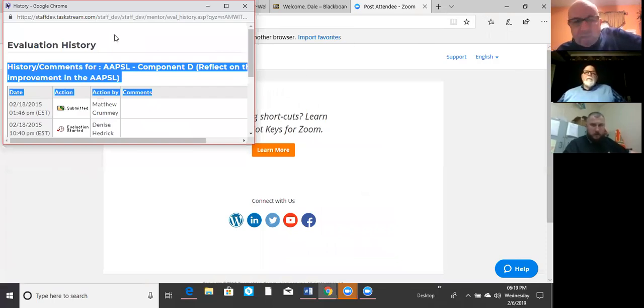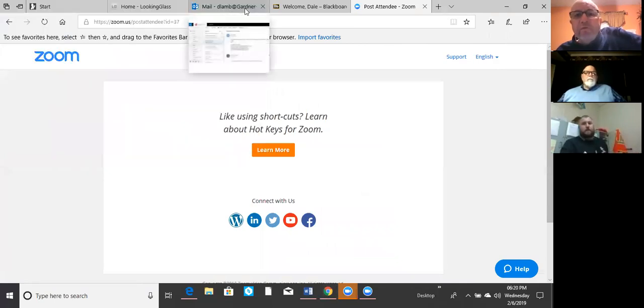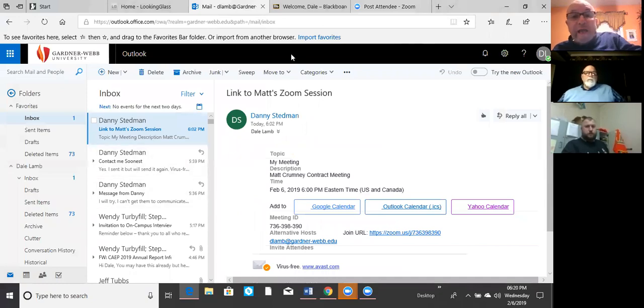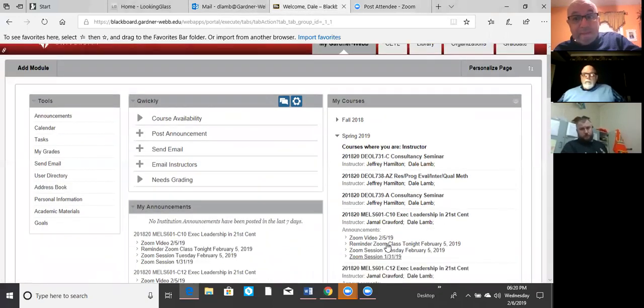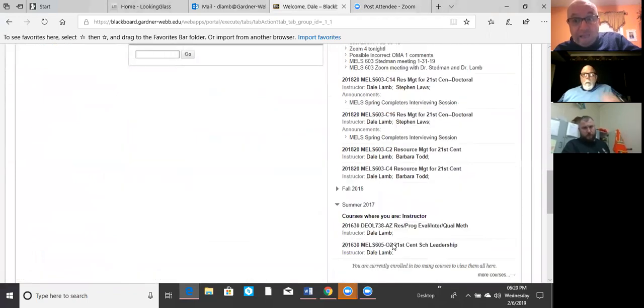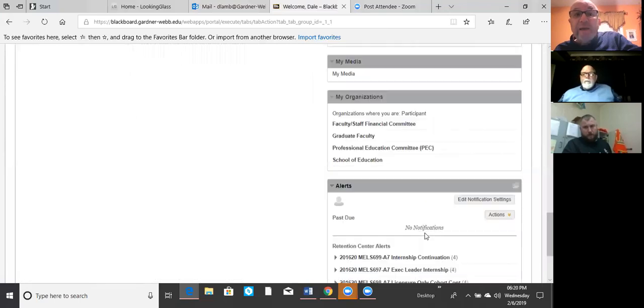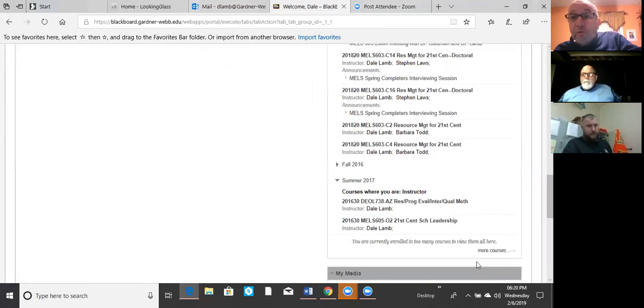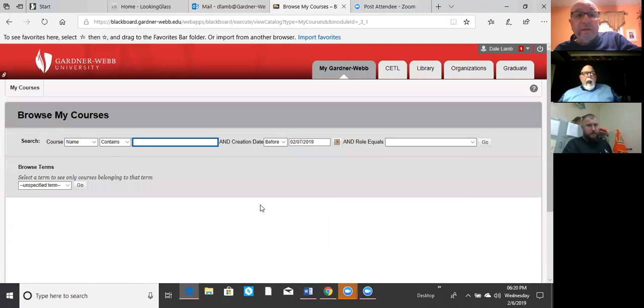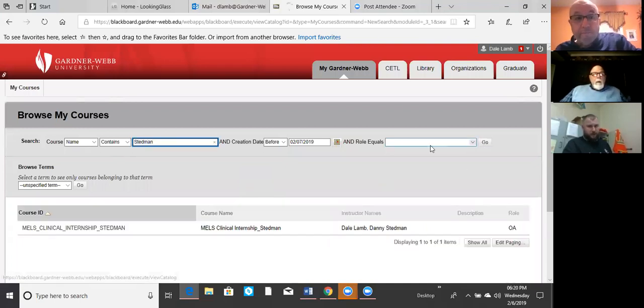I need to see everything that you've got, so I can figure out where to put it. Now, Dr. Lamb has done an excellent job mapping this thing out for you. You are blessed to have that document. And it is a lot, and it looks like a lot, but I think once you start at the very top and work your way down, you're going to find it. He's done you a favor by doing what he did. I appreciate that. I mean, all you have to do is go find those things.